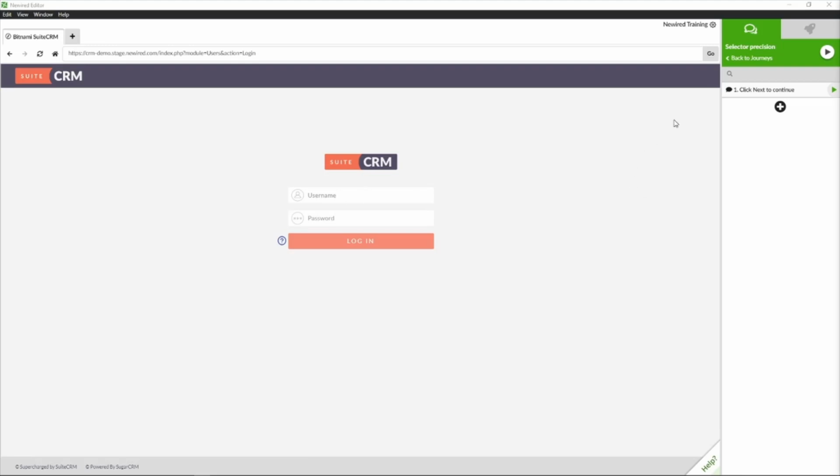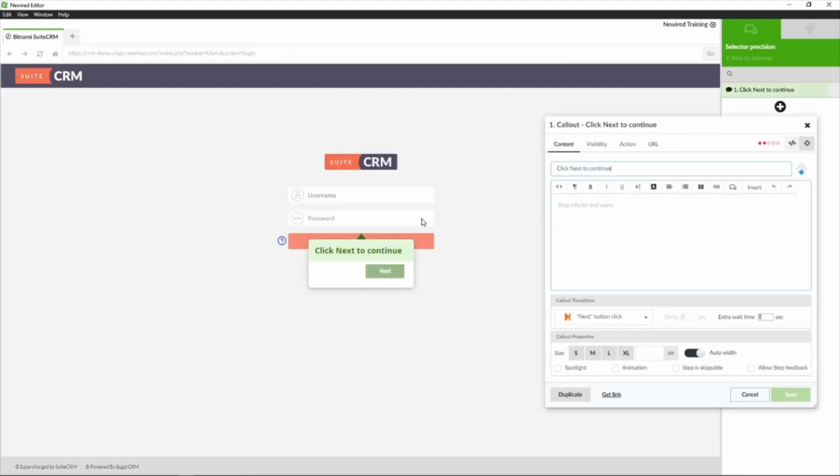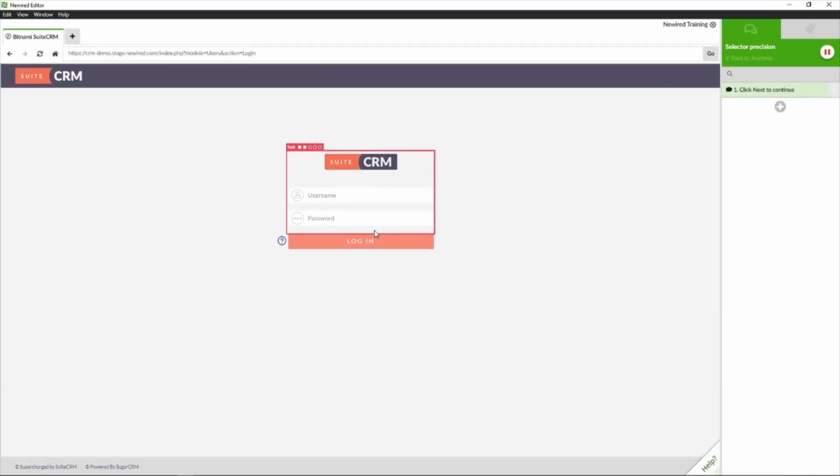So for this purpose, I just picked a step over here, which is this one, and as you can see, it simply selected. Let's reselect it again. We can do it from the reselect button here. I picked this 2 out of 5 score element, which is not the most unique element, but let's say we must use this one because we really need to attach a step to it. So how to improve it? Once you select it,